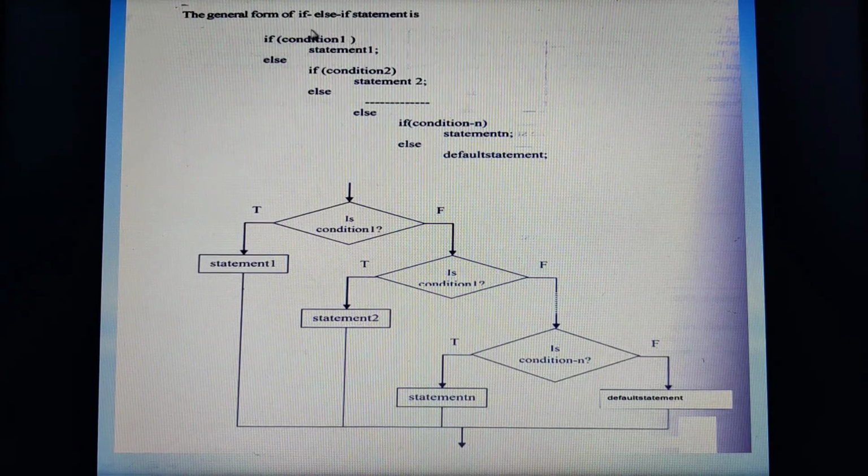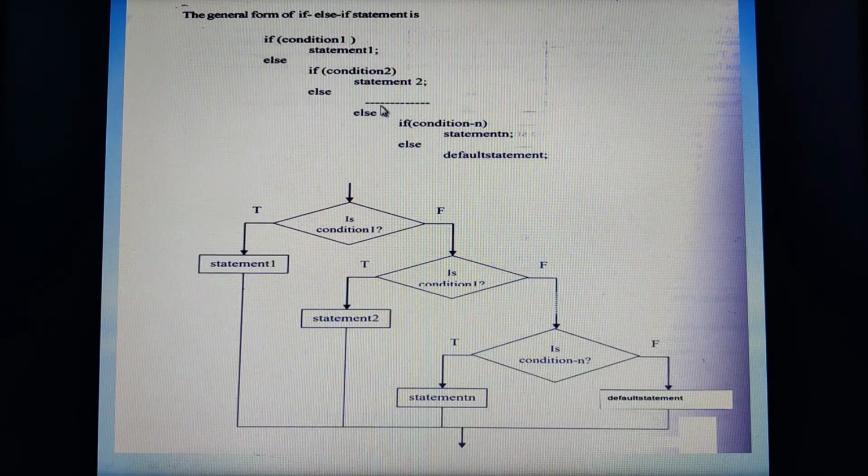Now this statement, the if else if statement, is usually called an else if ladder. You can see this if statement consists of another if statement. Within this if statement we have another if, like this. Therefore, what is a nested if statement? A nested if statement is a statement which consists of an if statement within another if statement. You will be able to understand this syntax only with a programming example.